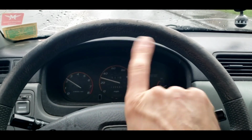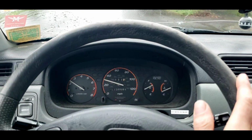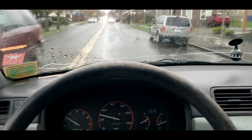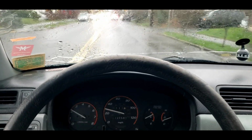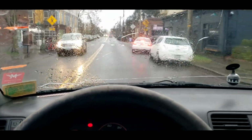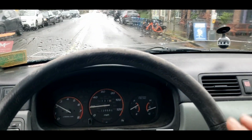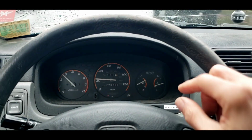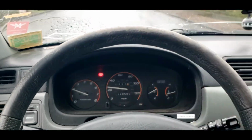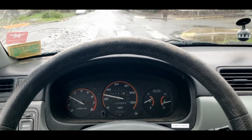the speedometer went to 120 and then to 0. The tachometer went to 8,000 and then to 0. The gauges all went dead. I couldn't run with headlights anymore. We were on a dark 2-lane highway about an hour and a half out of town, and I thought for sure we're gonna have to get towed back, for sure. And just as the car started to sputter, the SRS light came on, the ABS light came on, all of a sudden the alternator came back to life, and we made it home just fine,